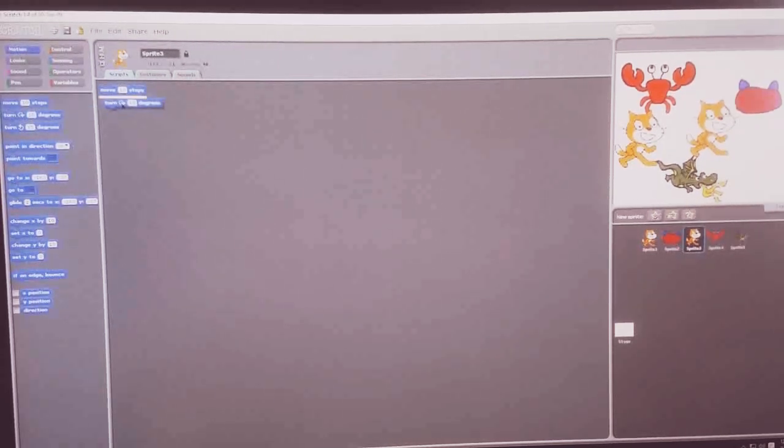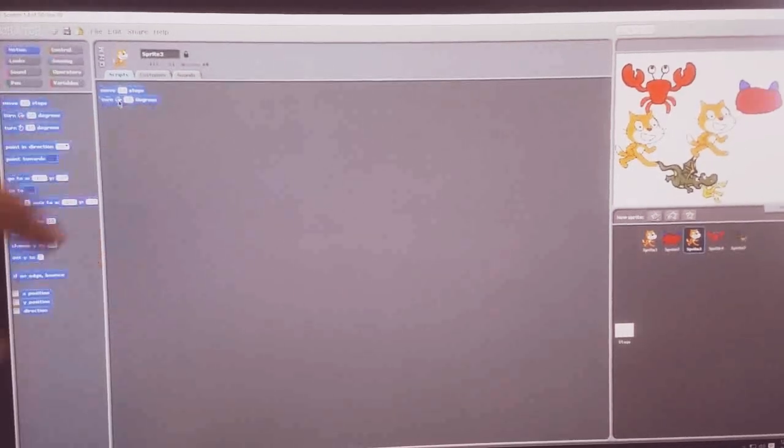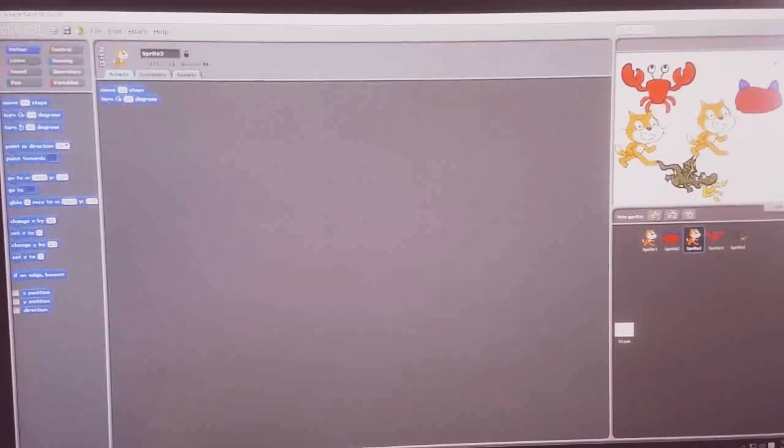Turn 15 degrees, you can drag and drop it here. You can see here, the turn 15 degrees option means that the sprite will turn 15 degrees. You can change more, just change the numbers. And here also move 10 steps is written.